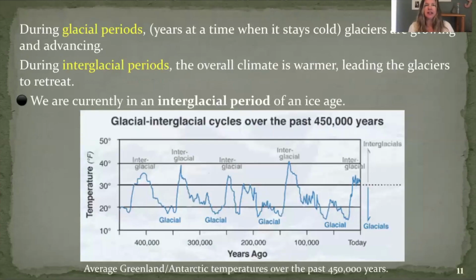So during glacial periods, years at a time when it stays cold, glaciers are advancing and retreating. So during growing and advancing, during interglacial